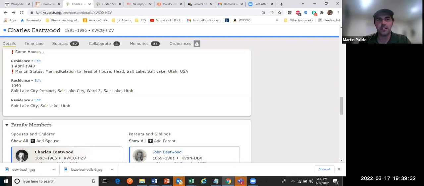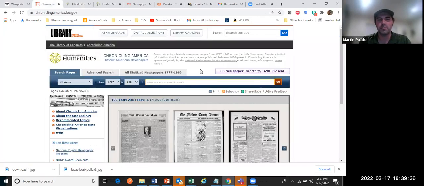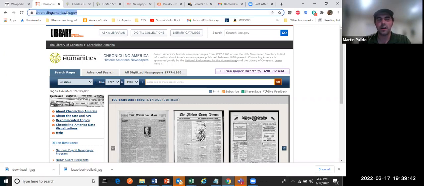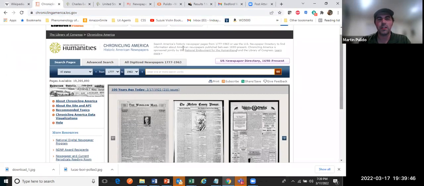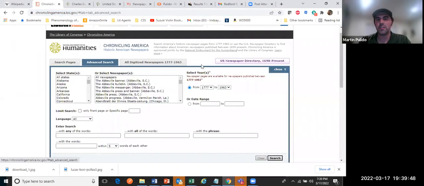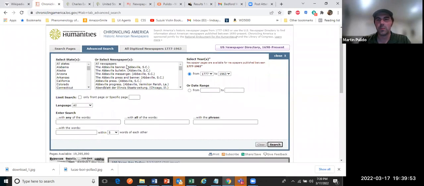After that, I really like the small town newspapers collection, Chronicling America from the Library of Congress. That's available at chroniclingamerica.loc.gov. You can see that they've got this basic landing page for it, but very quickly you can go over to an advanced search function. It's got some nice things for helping you limit your search about an ancestor.